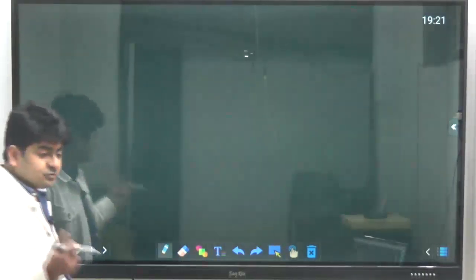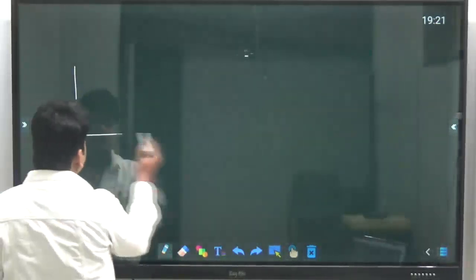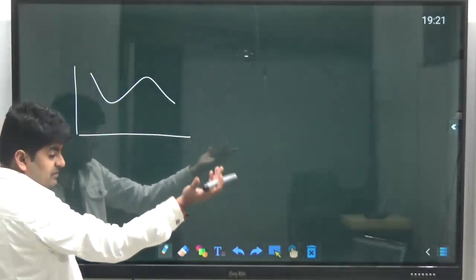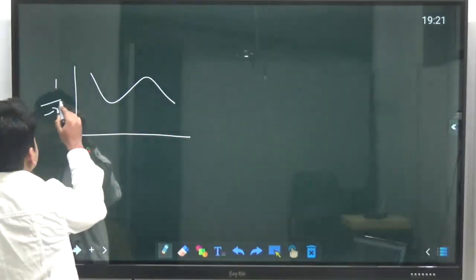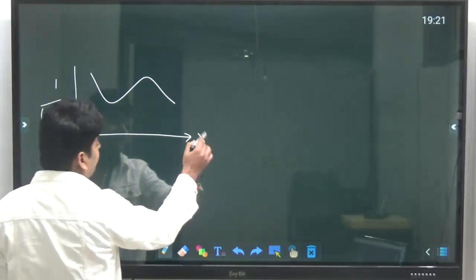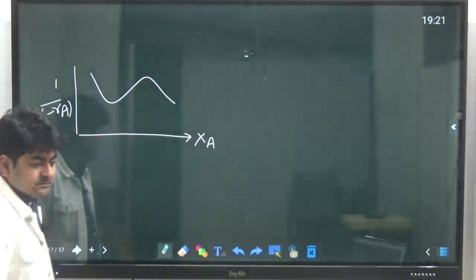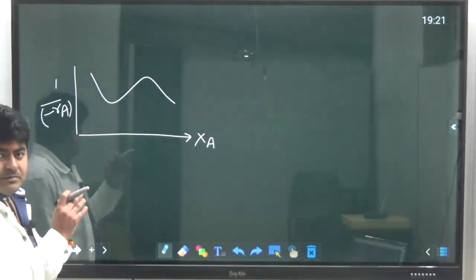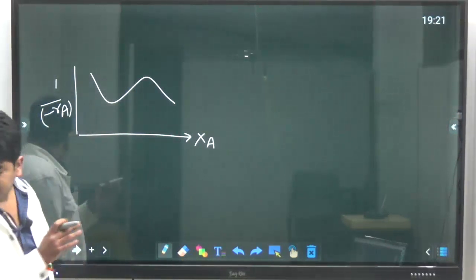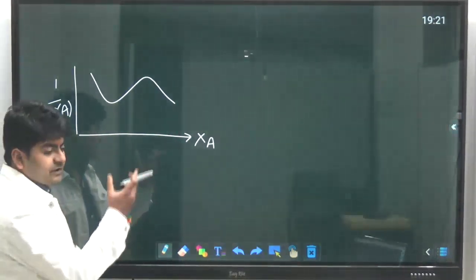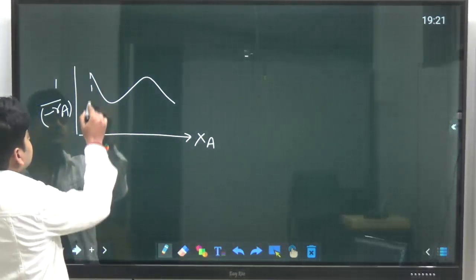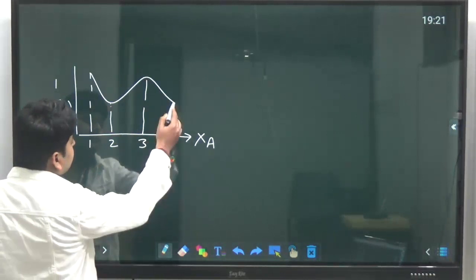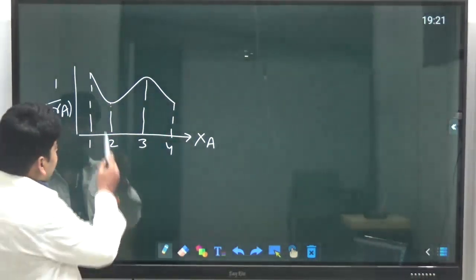That question 10124, how to solve such questions, where a performance curve is given and we have to identify the best suitable reactor arrangement. So understand, if a performance curve is given like this, what will be the best suitable reactor arrangement? It is easy. Identify the local minima and maxima. And in this curve, just break this curve into different segments, like this is 1, 2, 3, 4.